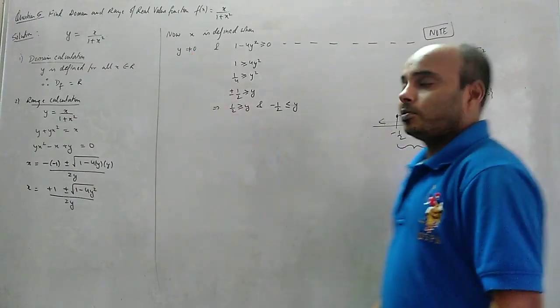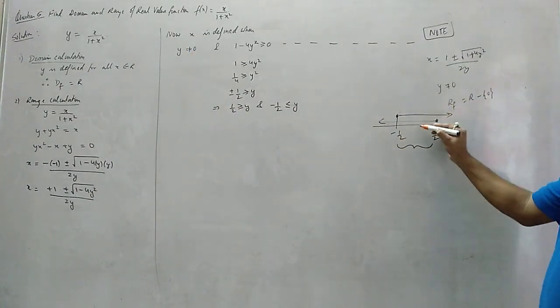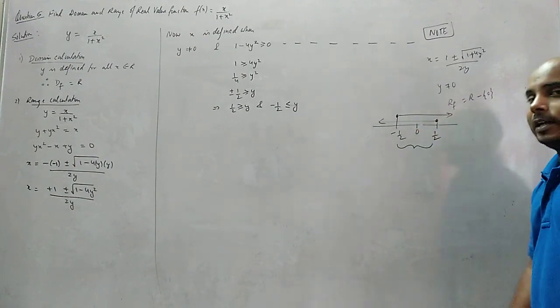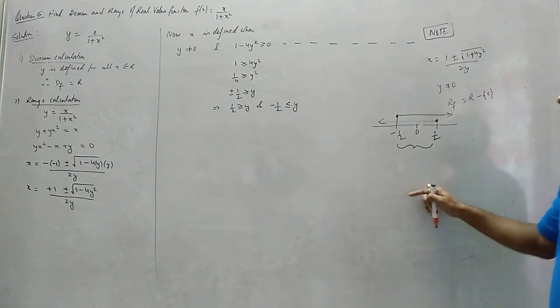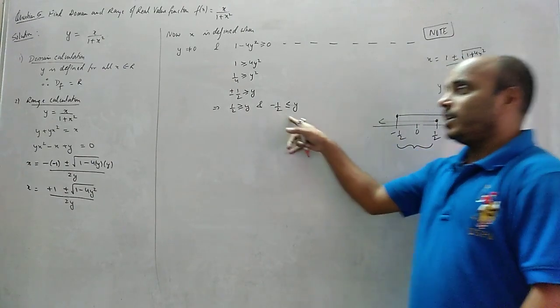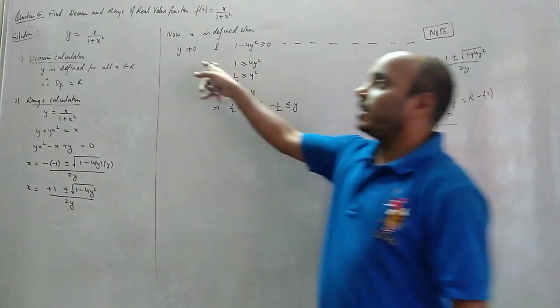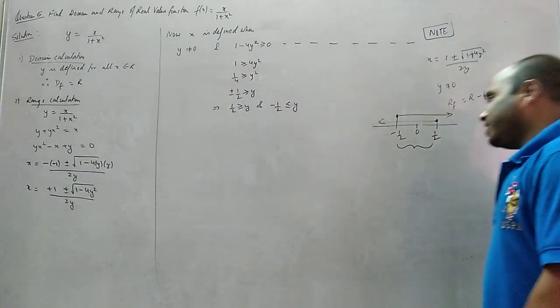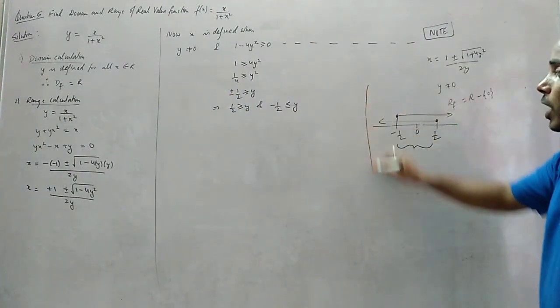y is not equal to 0. So from minus half to half, we get a 0 also. Right, class? So can we have 0? So a contradiction has come, right? One place says that 0 will be there. From here we can see 0 will be there, but from there we can see that 0 will not be there. So let's check in rough whether 0 will be there or not.